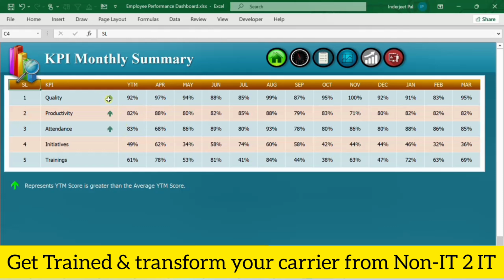And what are these icons? Basically, they show how the performance is going. If you see, this is the weekly yearly performance. This is again yearly performance, and if it is meeting the target that we have set, we will also see the target that we have already defined. So if the target is met, it will automatically populate this icon over here. Let us again go back to the home tab.